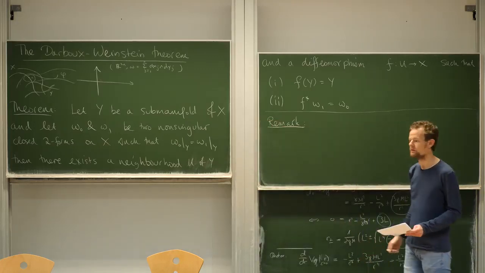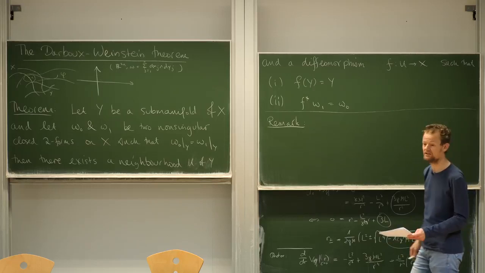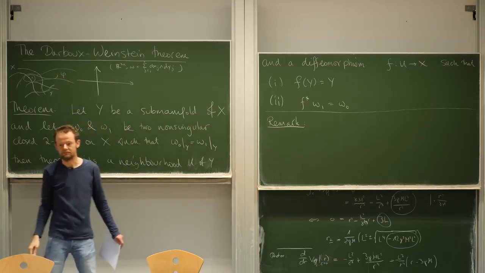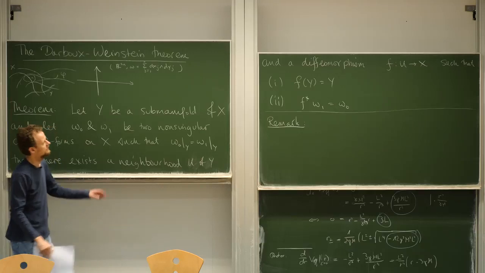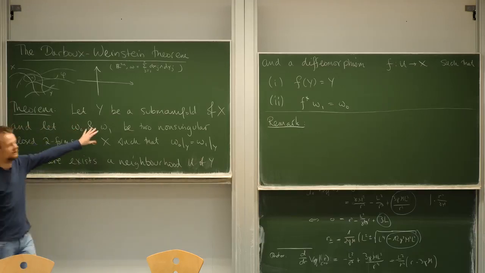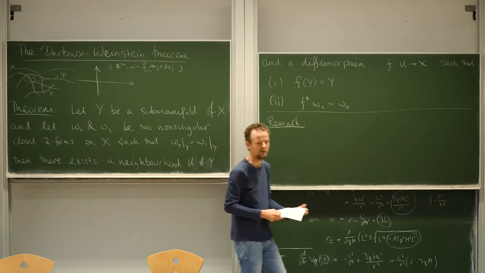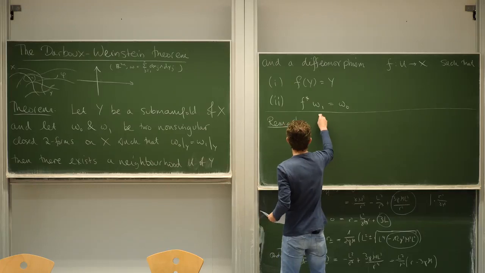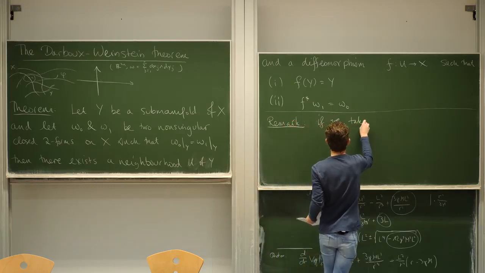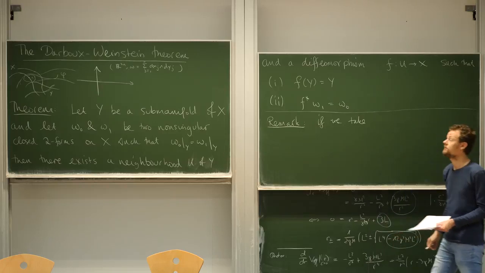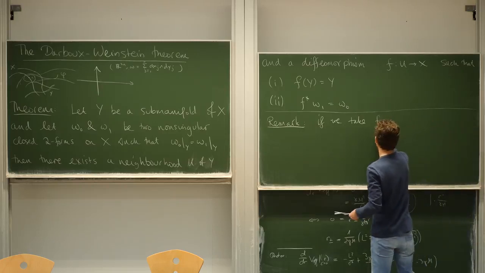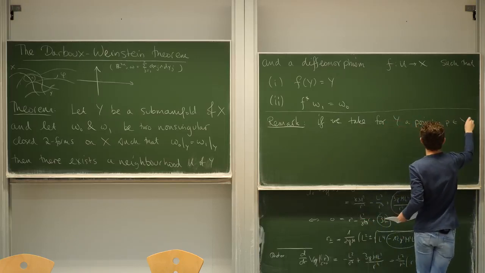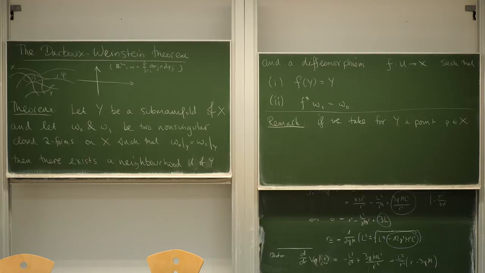So let's make a comment now about this theorem and why it has anything to do with this result that I discussed at the beginning of this lecture. It's not immediately obvious that this theorem, if true or not, has anything to do with that. So we have to make some kind of argument that that's at least more general. Well, the place to get started is to select for Y just a point. If we take for Y a point P, so the submanifold is just this one point space,